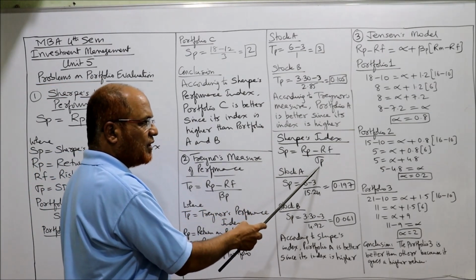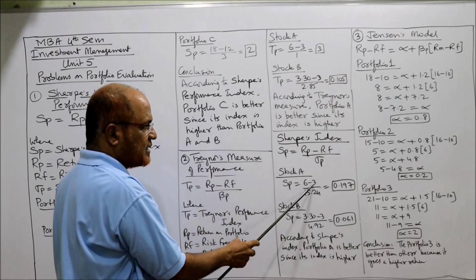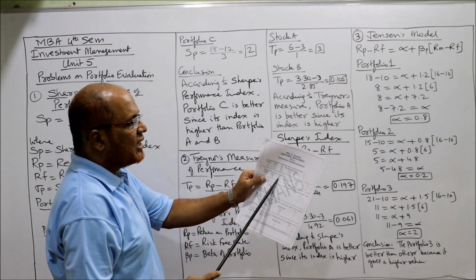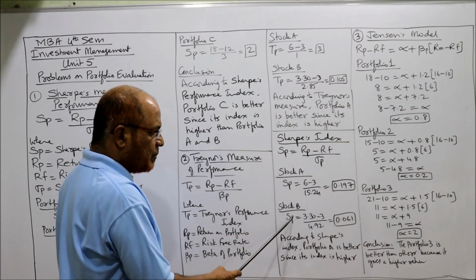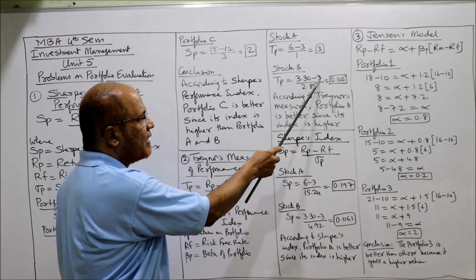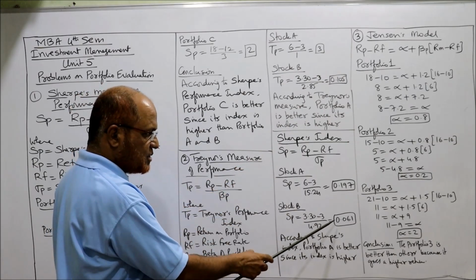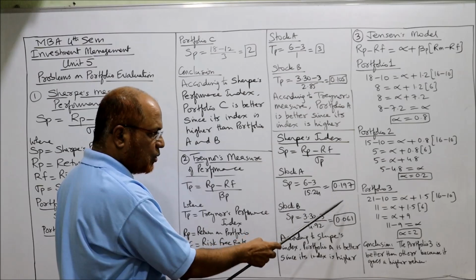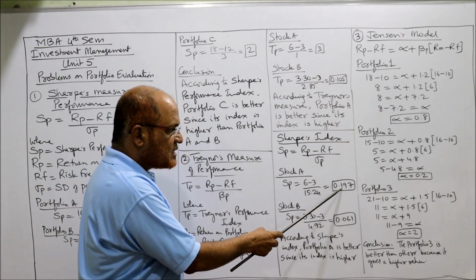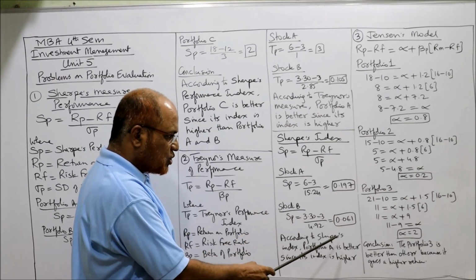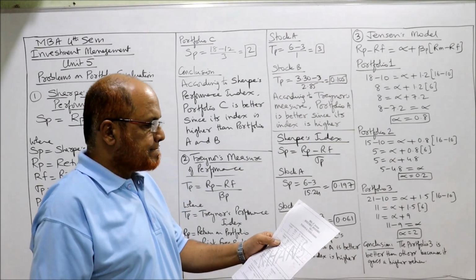शार्प का तो सेम एज इट इज, एसपी इज इक्वल टू आरपी माइनस आरएफ डिवाइडेड बाय स्टैंडर्ड डेविएशन। तो स्टॉक ए के लिए सेम, न्यूमरेटर 6 minus 3, डिनोमिनेटर में स्टैंडर्ड डेविएशन लेंगे 15.24, तो 0.197। और स्टॉक बी के लिए 3.3 minus 3, न्यूमरेटर विल रिमेन सेम, डिनोमिनेटर स्टैंडर्ड डिविएशन 4.92, 0.061। अब ये दोनों को कंपेयर करिए, विच इंडेक्स इज मोर? 0.197 इज मोर। सो अकॉर्डिंग टू शार्प्स इंडेक्स पोर्टफोलियो ए इज बेटर सिंस इट्स इंडेक्स इज हाई।